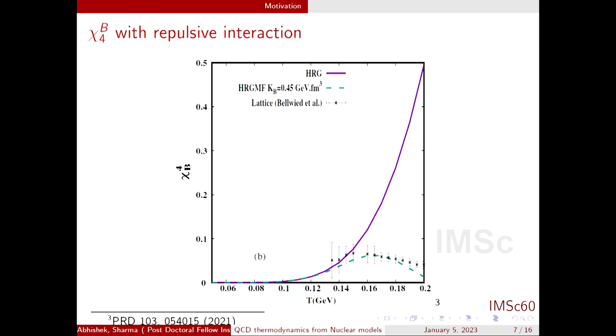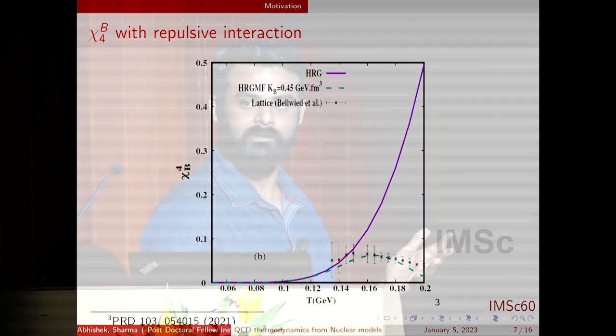So the question is, what is the resolution? This is a plot from a paper by Guru Prasad et al. In this, again, the authors have plotted the lattice QCD data given by the points and error bars. The purple line is the HRG result without any interactions, and the green dashed line is the HRG result including the repulsive interactions. So as seen from the plot, the inclusion of the repulsive interactions improves the agreement with lattice greatly.